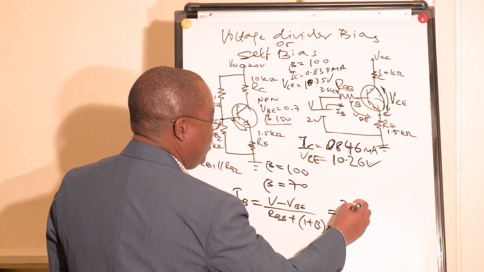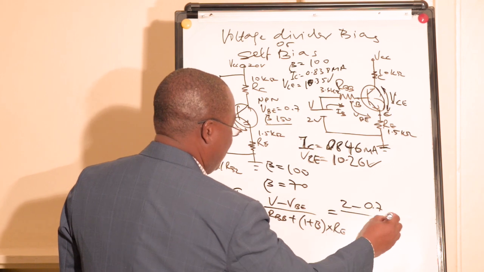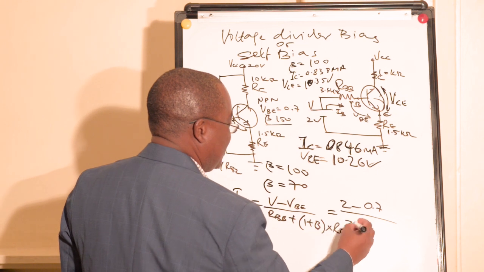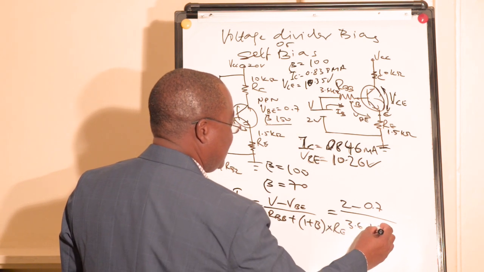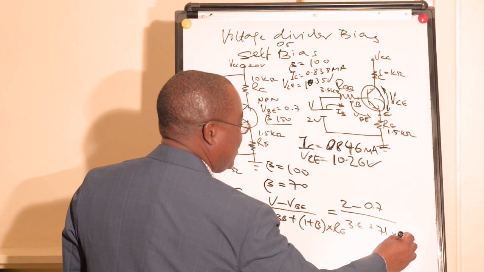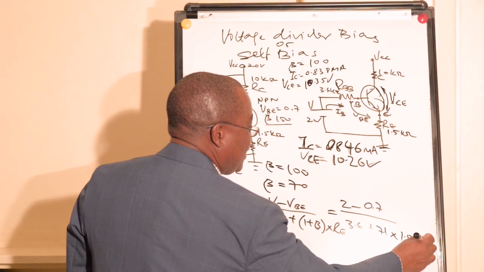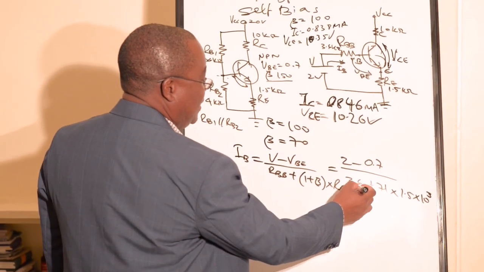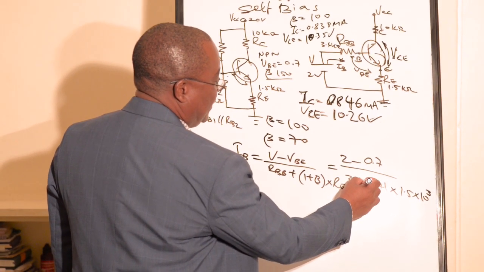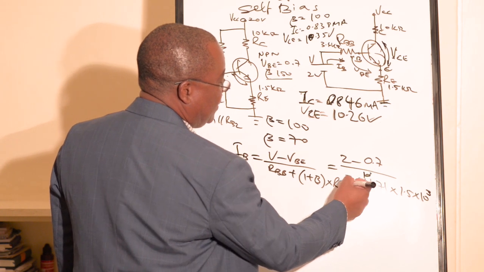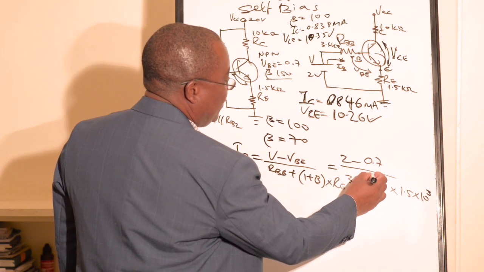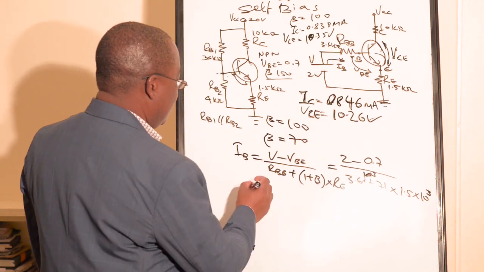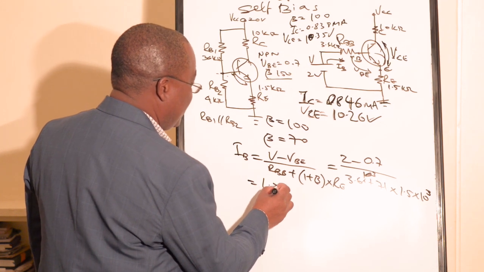So our V is 2 minus VBE is 0.7 over RBB is 3.6 plus beta now is 70. So 70 plus 1 is 71 times RE is 1.5. Of course, this is K, times 10 power 3. Of course, this one is also K, so here we have also times 10 power 3. This is kilo ohm. So we have 1.3 over